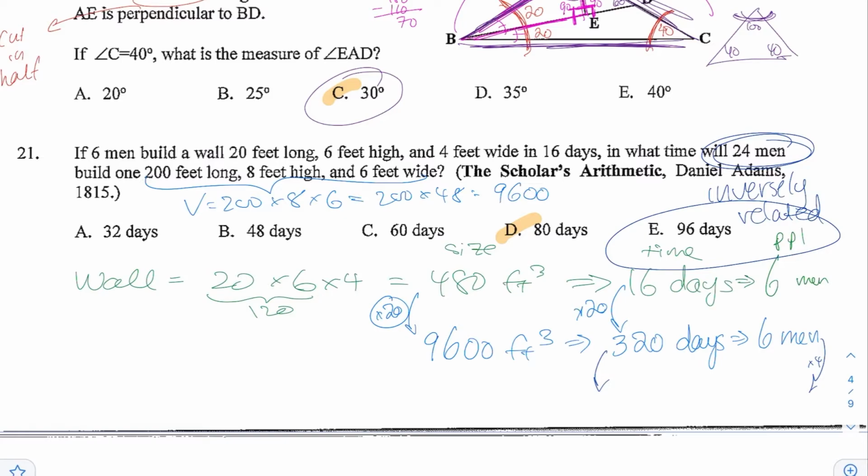So if you multiply the men by 4, that'll be 24 men. That will take you 4 times less. So you'll have to divide by 4. 320 divided by 4 is 80 days. And that's choice D. So be careful here in terms of the size of the wall